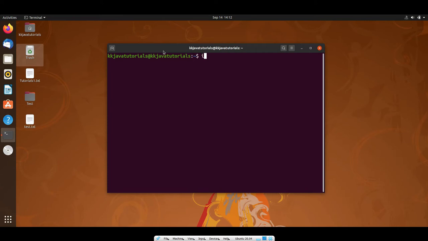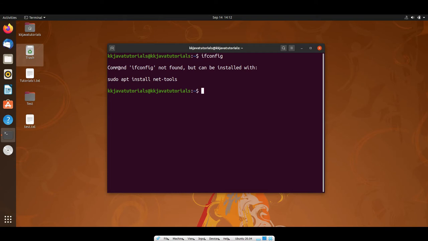If I type ifconfig here, you'll see I'm getting an error saying the command ifconfig is not found, but can be installed with this command.